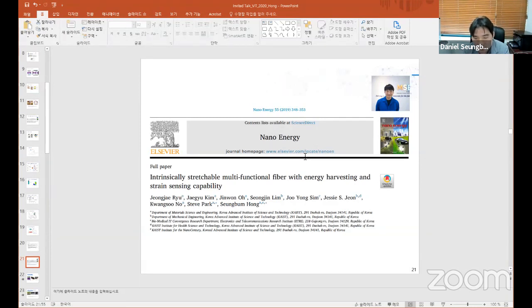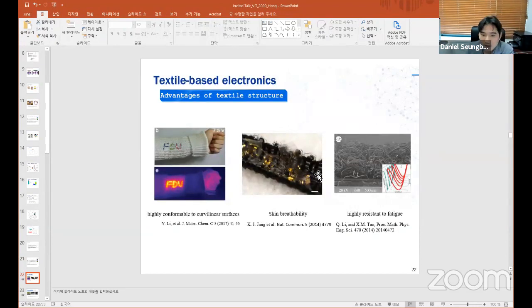harvester or sensors that could ultimately get interweaved to like the clothing or even like our skin or even inside under the skin. So that is what this is about, this intrinsically stretchable multifunctional fiber with energy harvesting and strain sensing capability. So I'm not going to bore you with these kind of introduction, but to